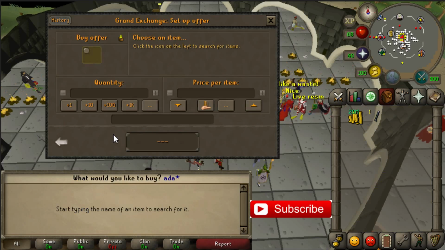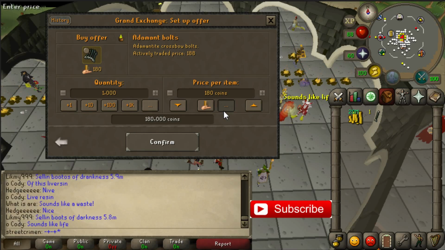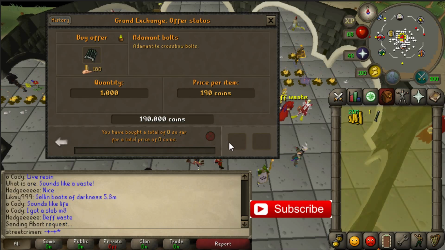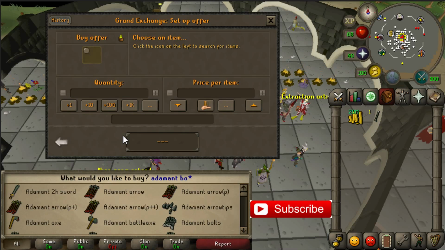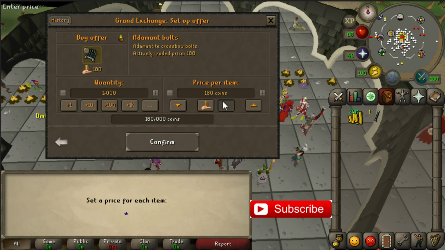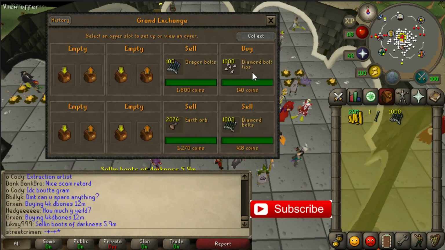So what we need now is adamant bolts. Also 1k of them, and let's try to buy them instantly as well. So we're gonna place a higher offer. The prices on the grand exchange are changing the whole time. So in fact, sometimes you will make a lot of profit, sometimes it will be only a couple of Ks, for example. But the important stuff about this method is just try to get your adamant bolts and diamond ball tips